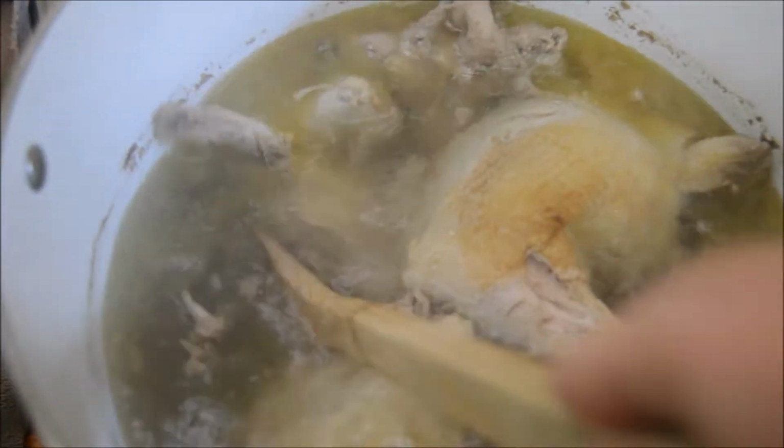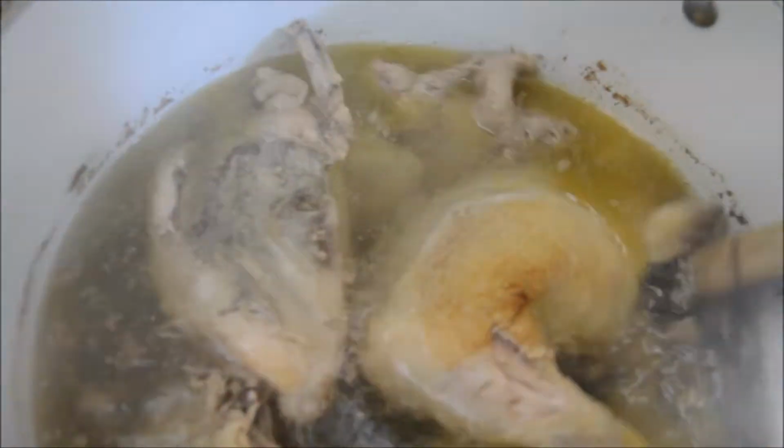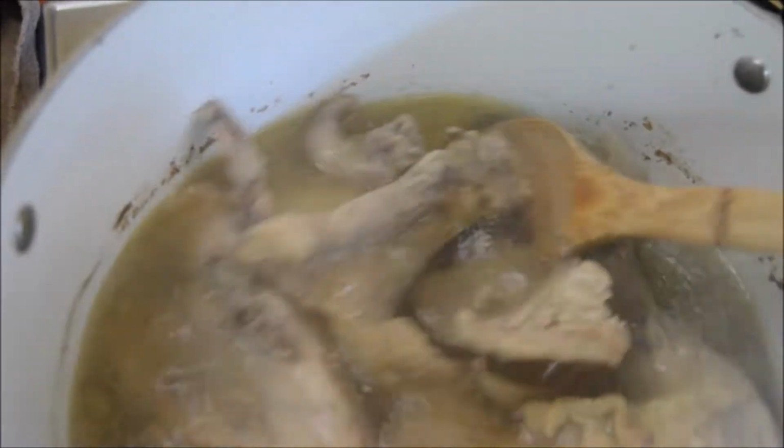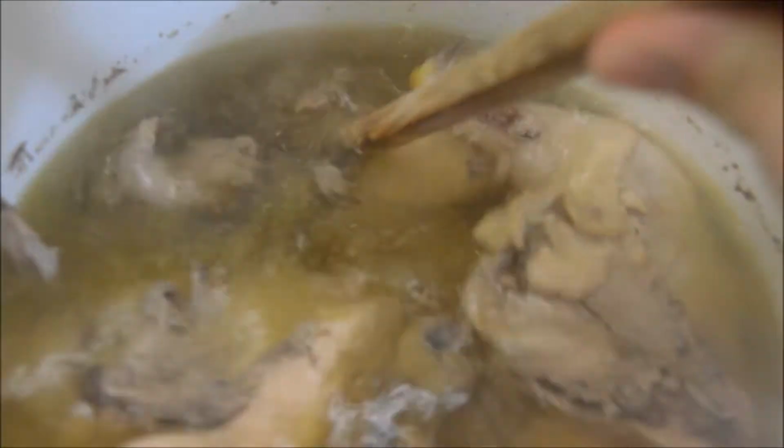You can see the seaweed has expanded quite a bit. If I can get it out of there. So that's what we wanted. I only put the 4 pieces in it because, like most things that are dried,